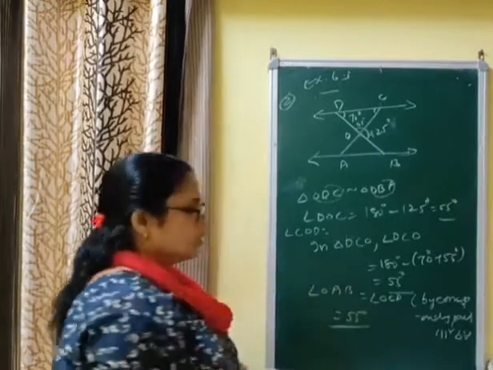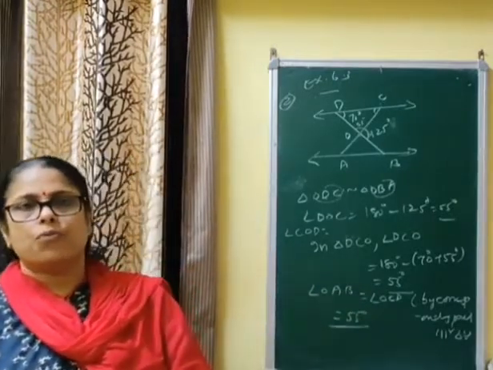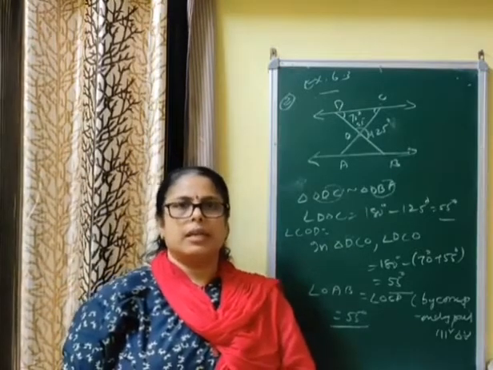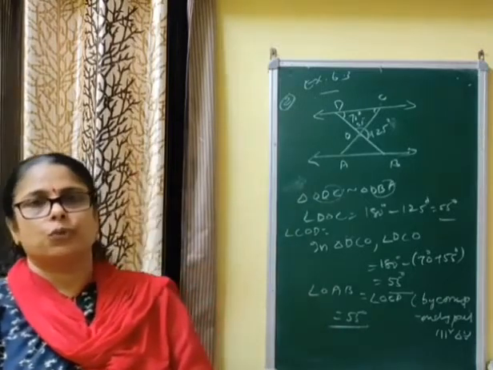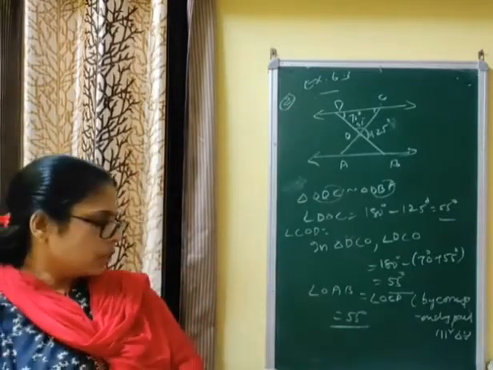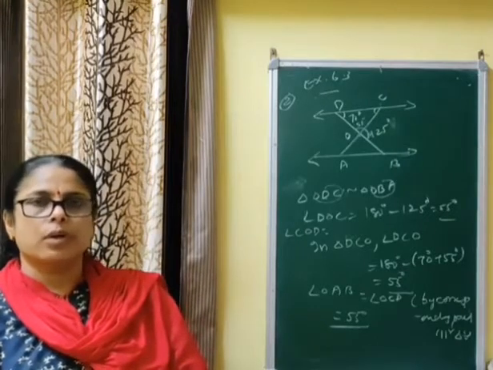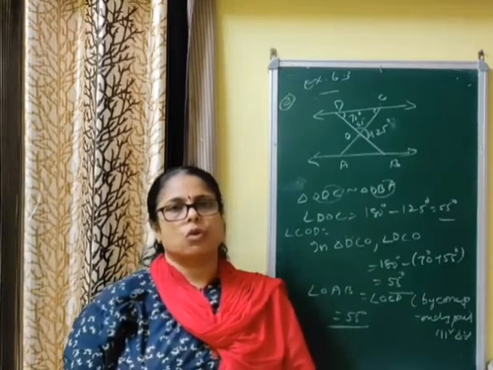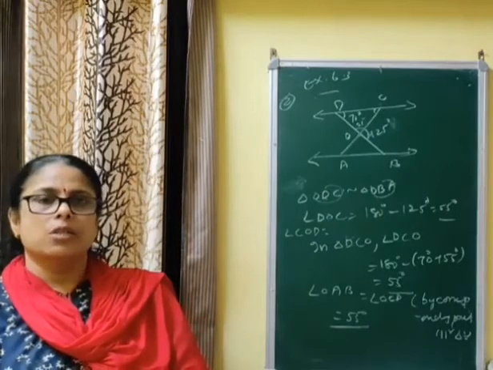That means this much is today's class. Today we have done the proof of triple A similarity and triple S similarity. You just go through it clearly and do the proof 2 to 3 times, and we have done 2 to 3 questions, and all the solved examples you have to do by yourself. Corresponding parts of congruent triangles can be used for congruency, but for similarity you can use corresponding parts of similar triangles. See you again in the next class.